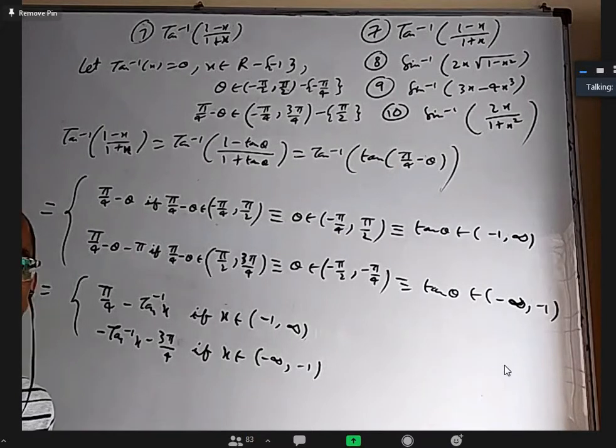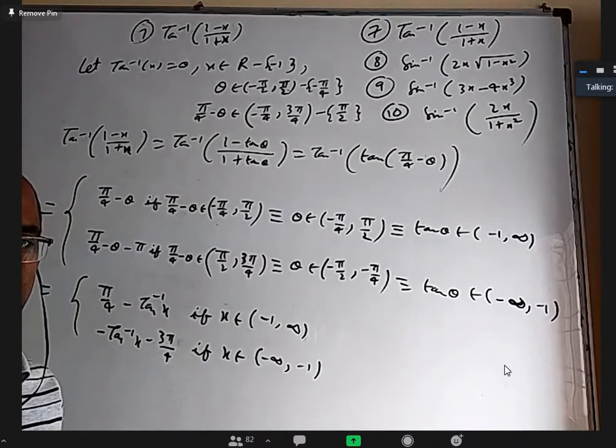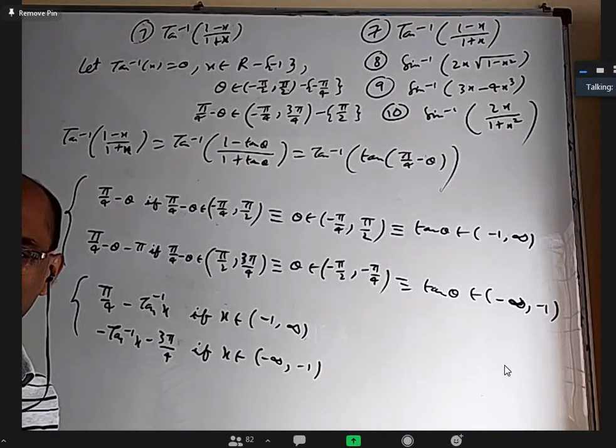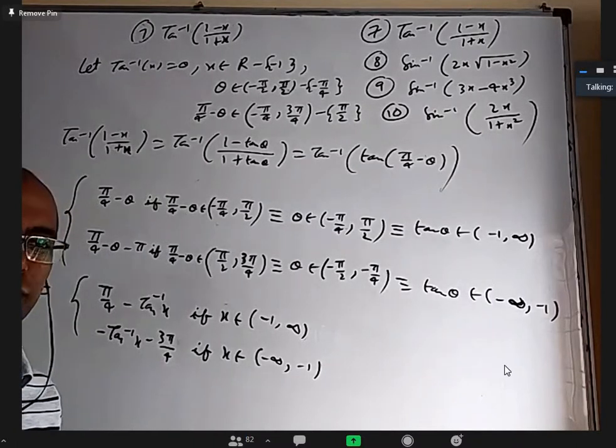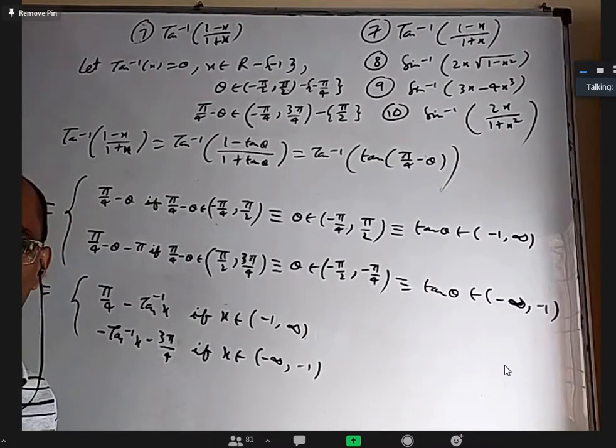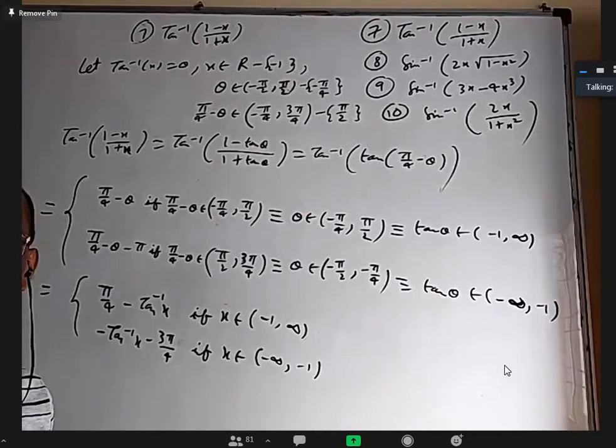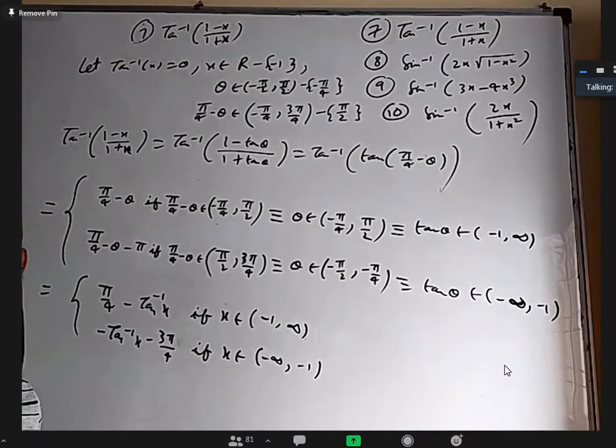So for those missing the classes, just copying the notes is not enough. You have to listen to the whole class. Something we tell orally cannot be on the paper. So copying is not the main thing. Your understanding is the main thing, and also you should copy. Don't quote me wrong. Tell Satish sir told that understanding is the main thing, that's why I did not write notes. Okay, I'm saying understand and also write, both.